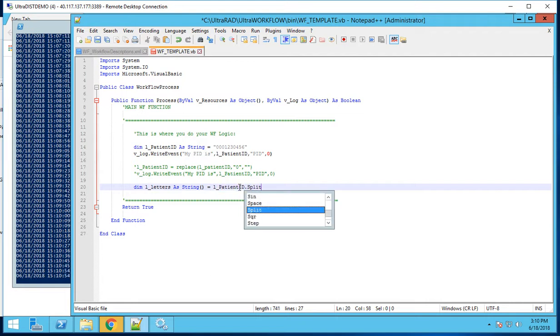So we're going to use the split method on that string. Patient ID is a string, and one of the methods you can use on a string is split. And I am going to split on nothing, right? So that should just split it. I could split on certain characters, but if I split on nothing, I should have a collection of each letter